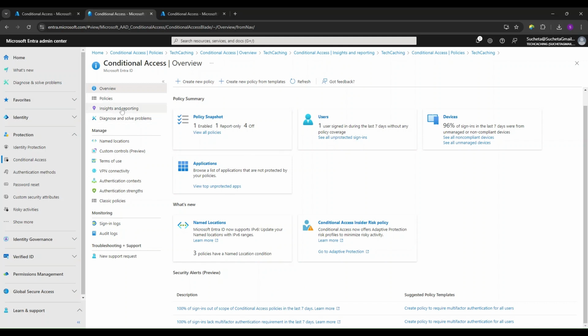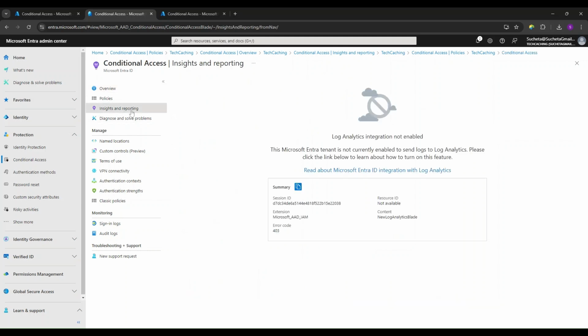What I do want to show here is insights and reporting. Now, to enable this, along with an Entra ID P1 license for conditional access, your tenant must have a Log Analytics workspace to store user sign-in log data. I don't have one here, but insights and reporting helps you understand the impact of conditional access policies in your